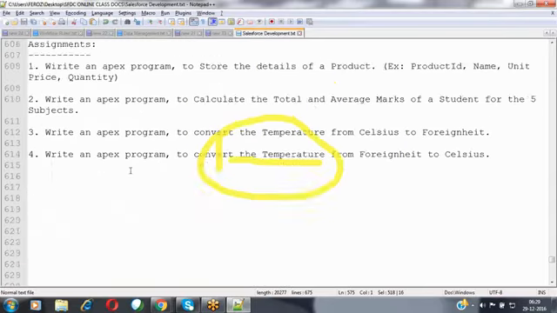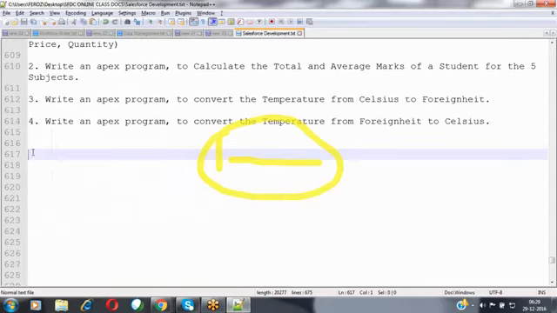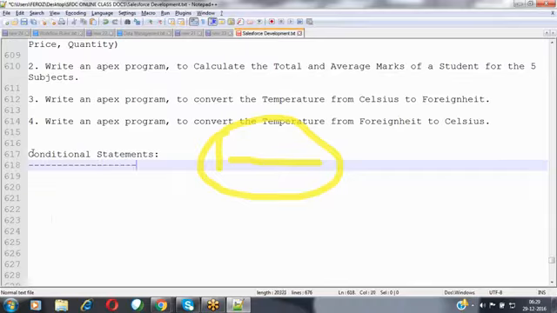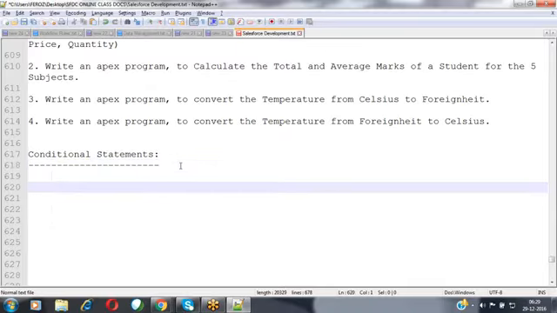Now let's see practically. We are discussing the concept of conditional statements. What do you mean by conditional statements?